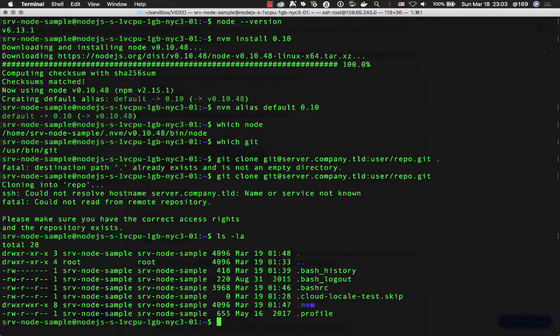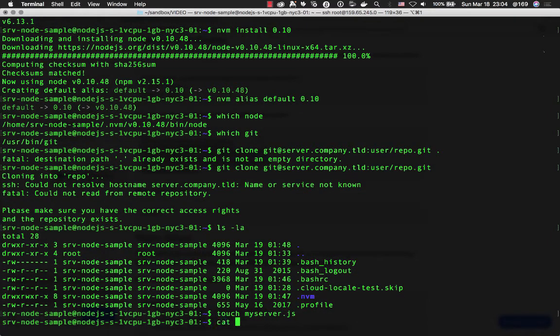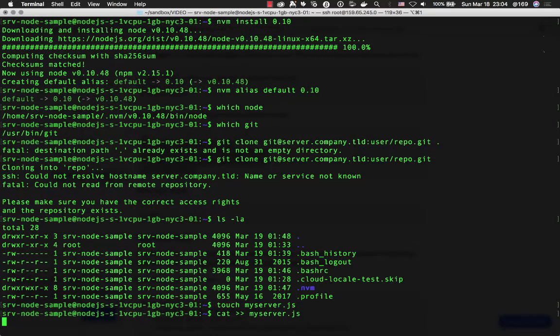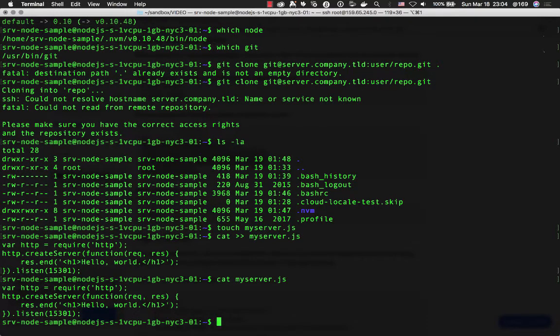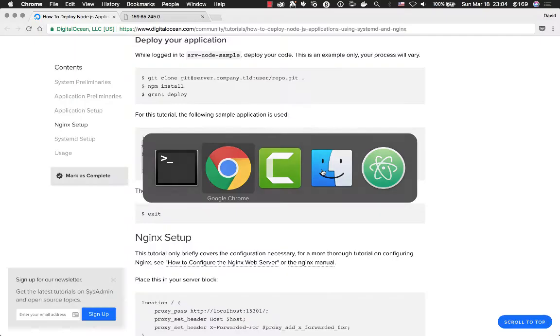And what I can do is touch a file called myserver.js and then cat into that myserver. Whatever I paste now is going to be streamed into that file, and then Control-D will terminate that stream, and now that should be inside of my server. So we should be able to run that with Node,